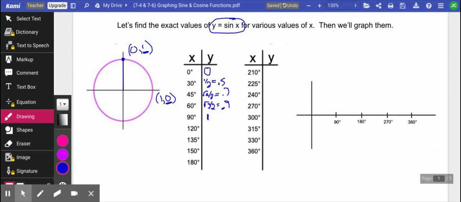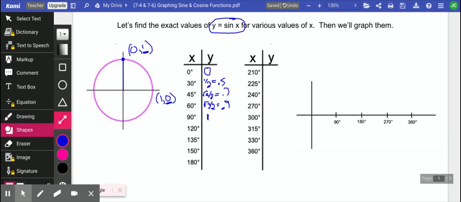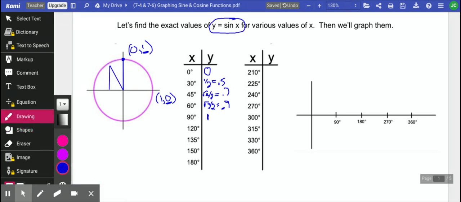All right, and now we're going to keep going on this. I'm going to fill these in rather quickly. You're still doing the same thing for these. You're still drawing the triangle, so 120 degrees is going to be over here. Okay, we drop this down. 120 degrees is going to have a reference angle of 60. So if this is a reference angle of 60, we have 1, 2, root 3. And so then our sine is going to be root 3 over 2,